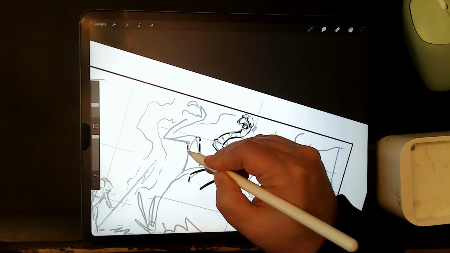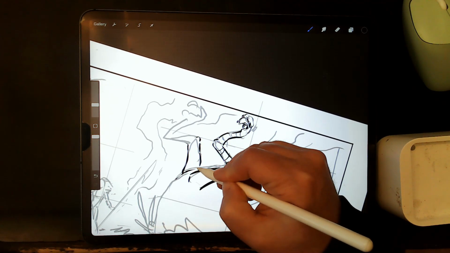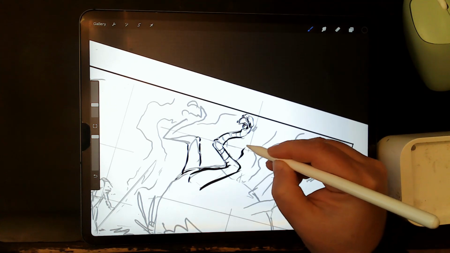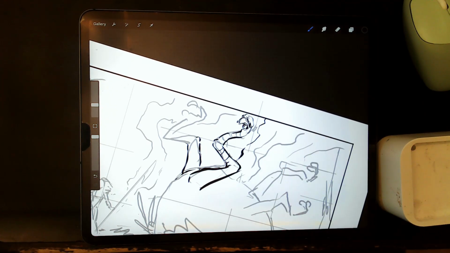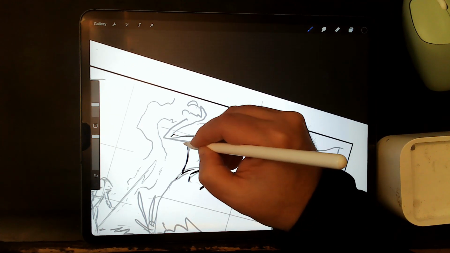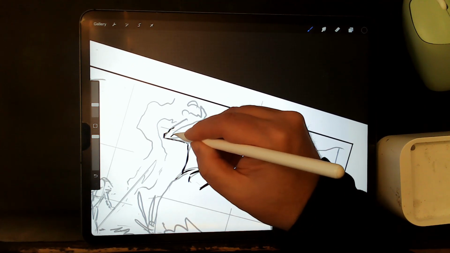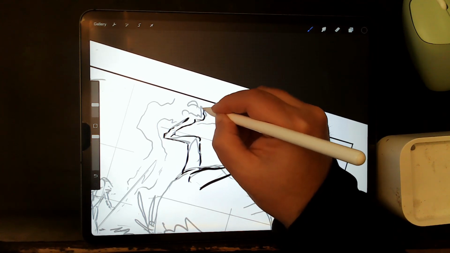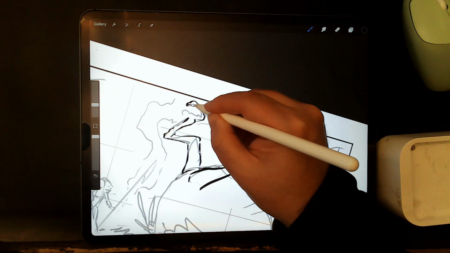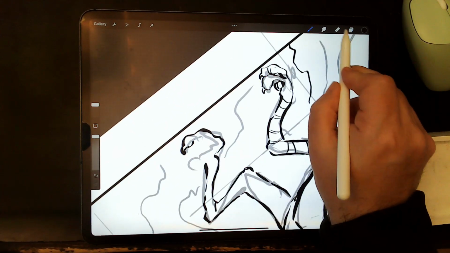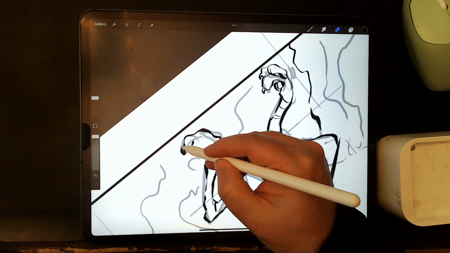Might take me a couple of days to do this. I think I was saying that on the other page, oh, it'll take me a couple of days. But it didn't take me that long. Now, part of it was because it was Sunday, and I had plenty of time to do my drawings. But it just kind of goes to show you, as long as you have your priorities in the right place, you can get a lot done.